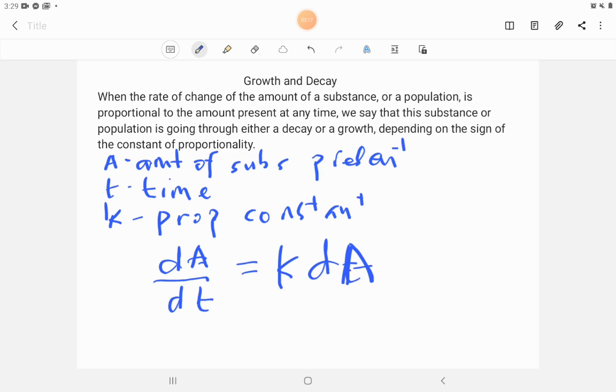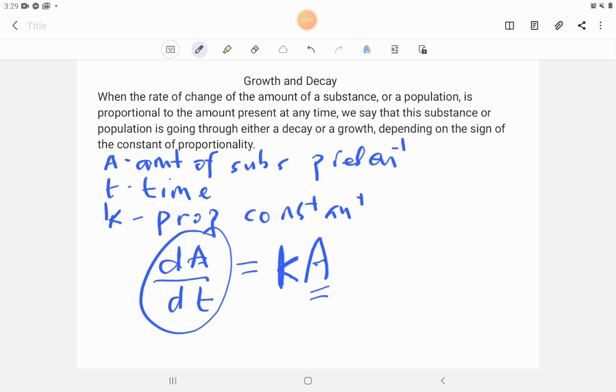I'm sorry, KA. All right. The rate of change of substance A is directly proportional to the amount of the substance A to start with. Okay, so this is the differential equation we will be using to derive the formula for growth